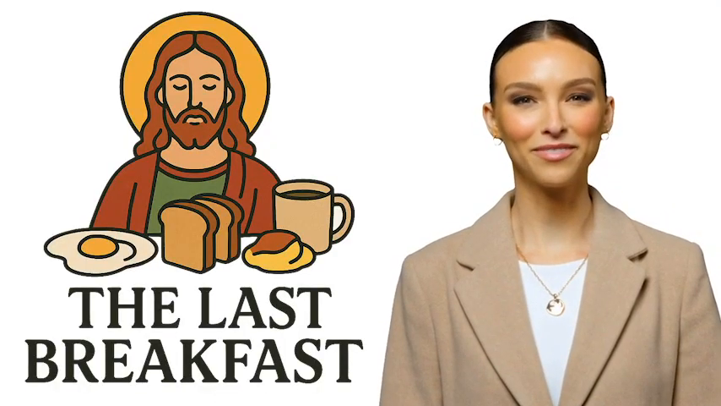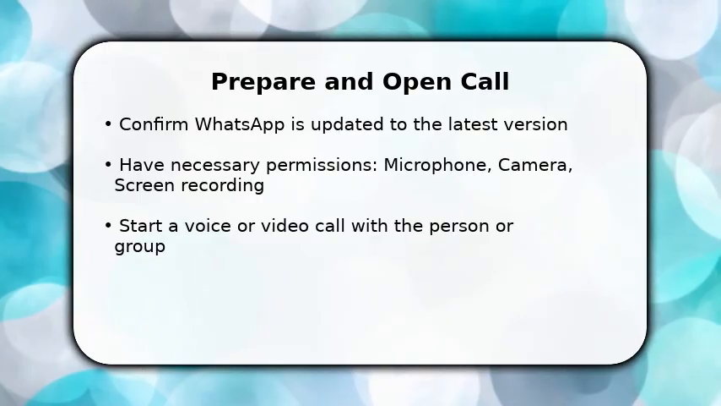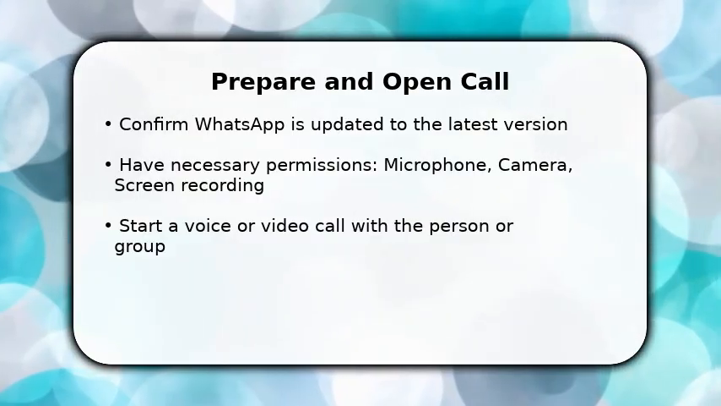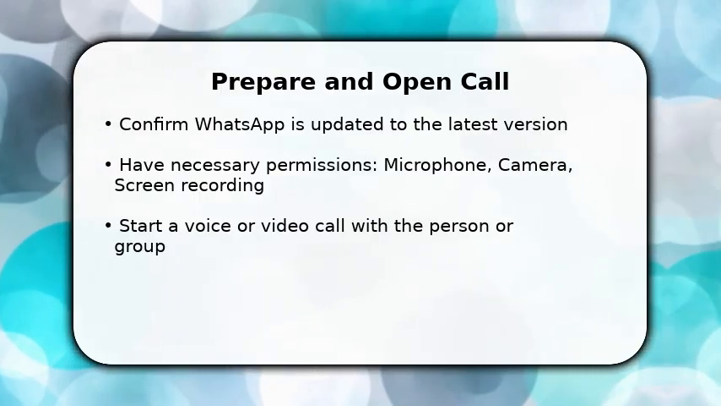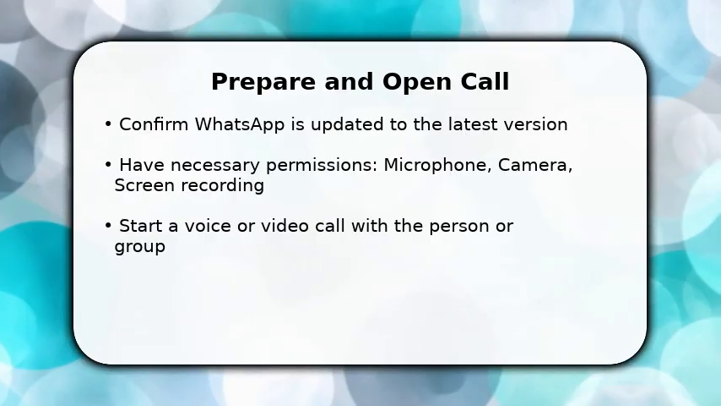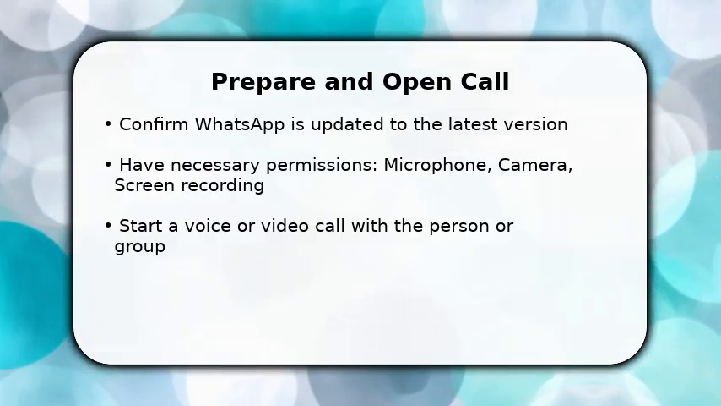Please enjoy the video. You'll begin by checking prerequisites and launching the call. Make sure WhatsApp is updated and your device grants microphone, camera, and screen recording permissions. Once permissions are set, open WhatsApp and start a voice or video call with the contact or group you'll share